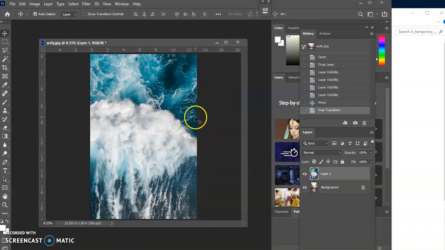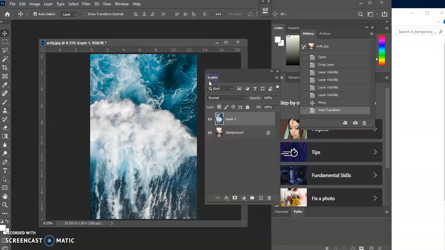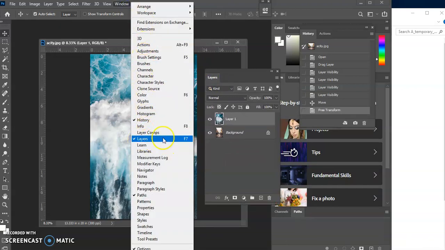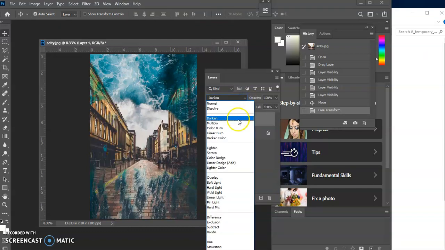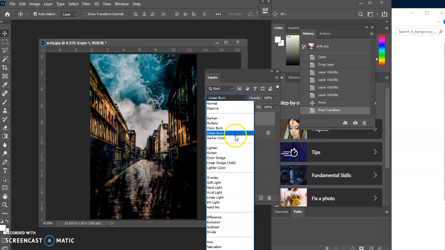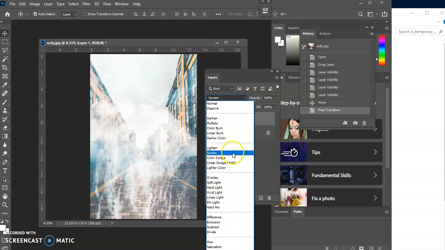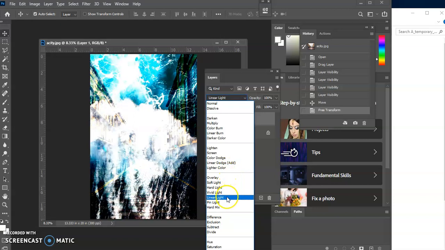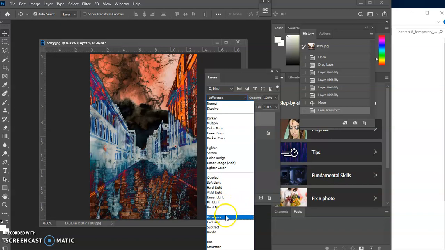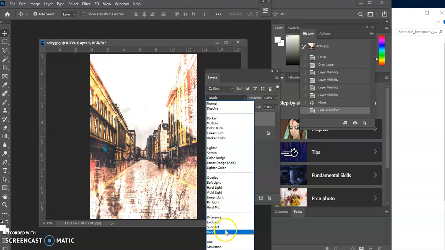The easiest way to blend one image into the other is to change the layer mode, which could be found under Window, Layers, if it isn't up already, to change that top layer mode from normal to one of these other drop-down menu options. Whichever one you like is the one you can go for. And you're welcome to combine multiple layers and multiple effects if you'd like, or even apply a layer mask on top of that. So once you find the one that you like the best,